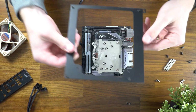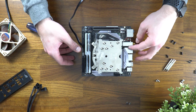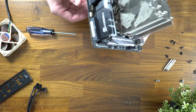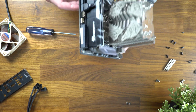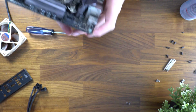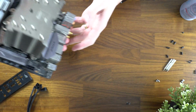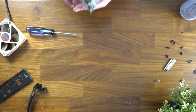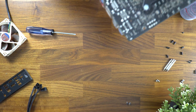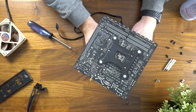So here's the back panel. It's not too dirty, honestly. This is a different story though. I'm gonna have to take this outside. Clean that off. Holy cow. Alright, so rather than just blowing it down, I actually wiped down the front of it and then just blew the rest out. I didn't want to blow on the radiator and then just have all of that translate to the rest of the motherboard. You can see there's a little bit of dust down here at the bottom,